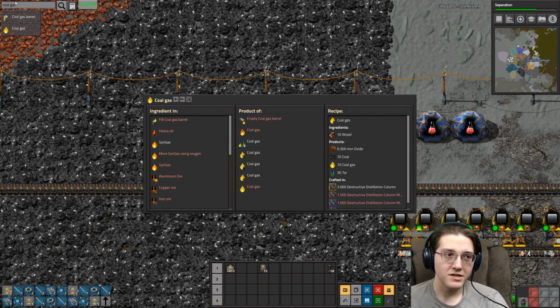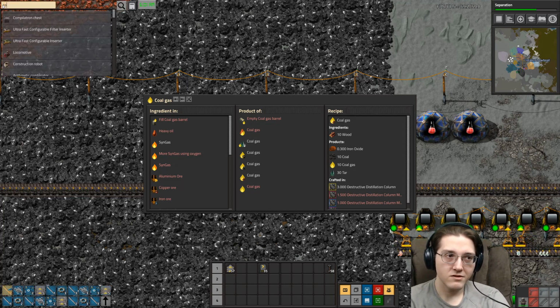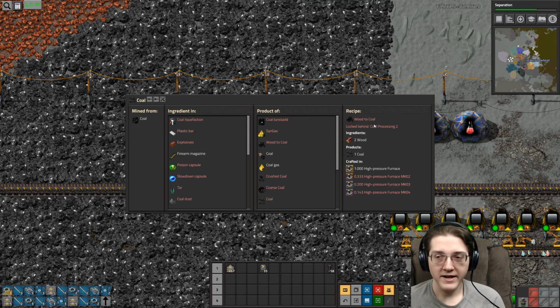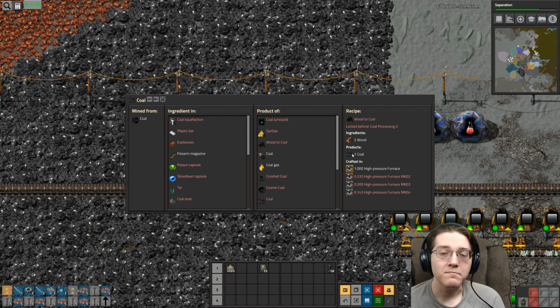Because here's the other thing. Coal. Wood to coal, right? Wood to coal in the high pressure furnace is 2-to-1. King Arthur's like, yep, it's always been like that. But this recipe is 2-to-1. Yes, raw coal is fine at Green Science when you can just do the, like, 3 steps that are